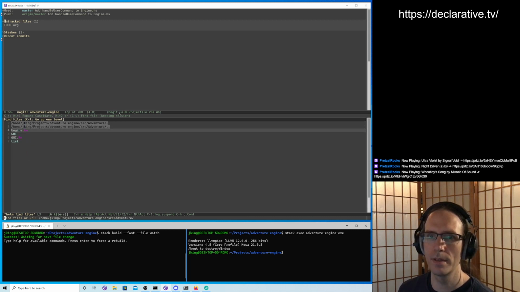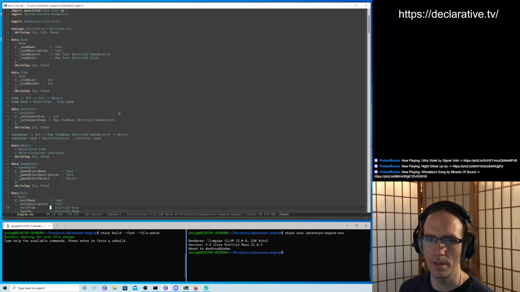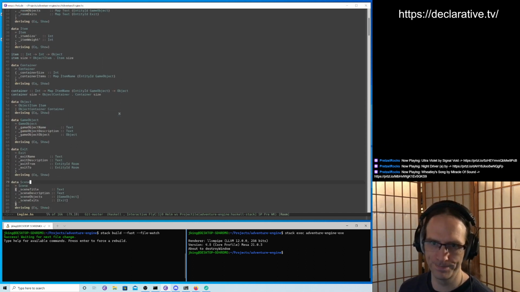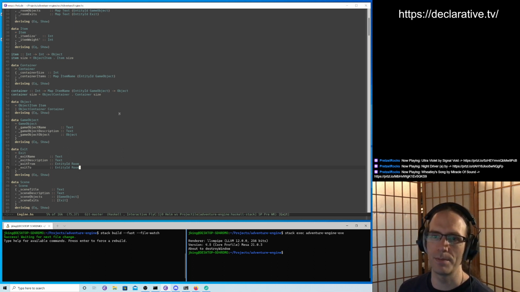Adventure engine. Okay. So that's the room record or object that we use. That's items, containers, game objects, exits. All right, so we have a name, description, from and to. So the from and to is what connects the two rooms together. The name and description. So I think what we need here is to have